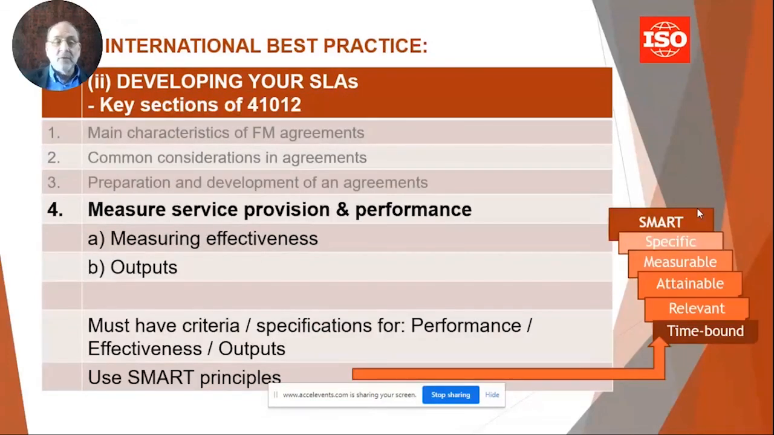Okay, now we're getting to the core of this thing. There are 1 or 2 slides left and then we're done. So measuring of performance. We absolutely need to make sure that our service level